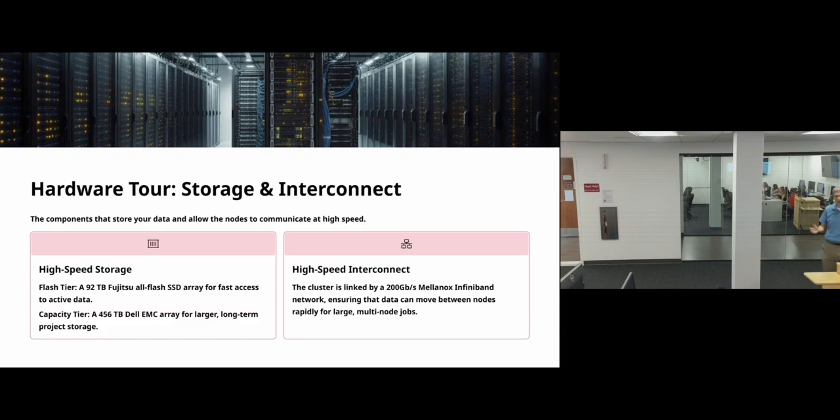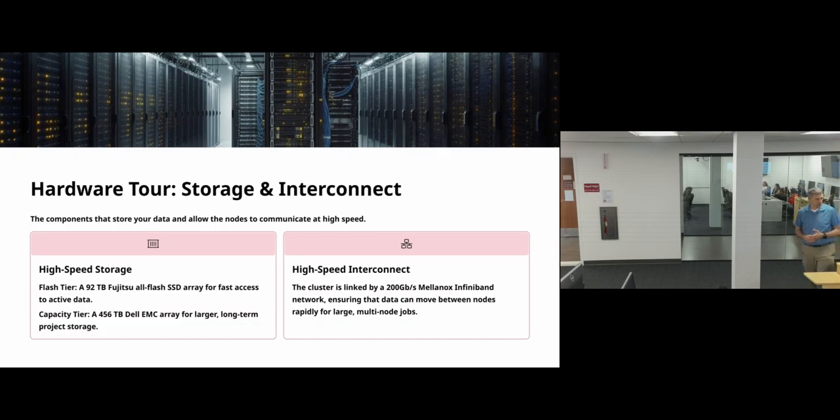So it turns out the condo nodes themselves have more than twice the power of all the other nodes combined. And we're only adding to those condo nodes. So there will be more condo nodes being added in the future as more faculty get research funding that can purchase condo nodes. Okay, so in addition to these very, very powerful servers, we have high-speed storage.